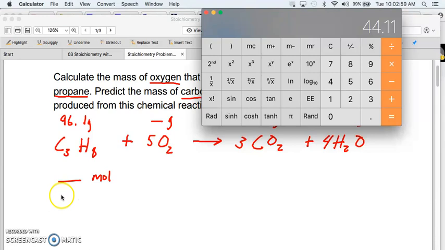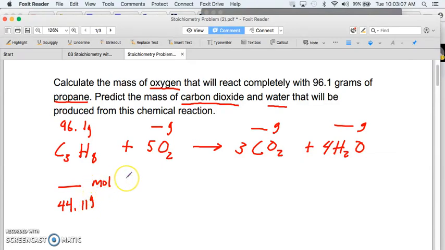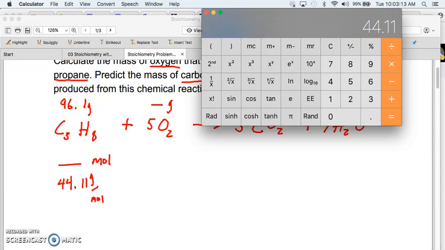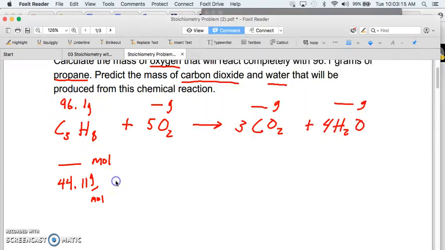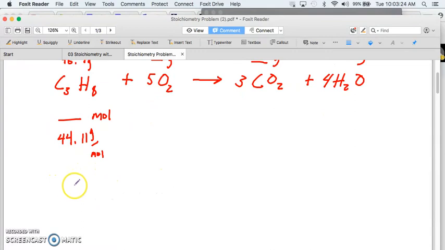You can write that down below the moles if you want. 44.11 grams per mole. Sorry, I kind of scrolled on me there. Okay, and let's double check. Yep, that's what it is. So let's convert our grams into moles. So down here is where I like to do all of this work. So we've got